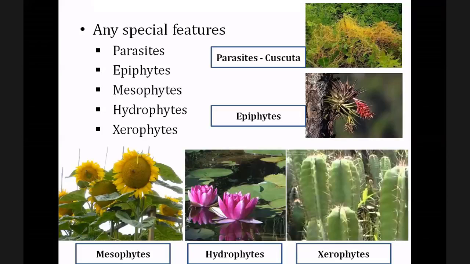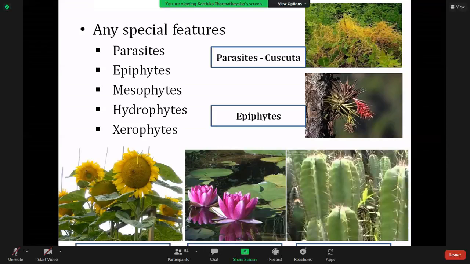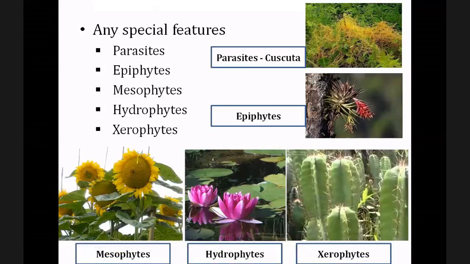The second one is the epiphyte, also called an air plant. They also live on another plant. This plant grows upon another plant or object, only for physical support, because these plants are not attached to the ground or the soil. They are not absorbing nutrients from that plant, so they are not parasitic.